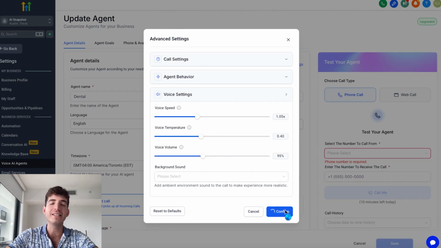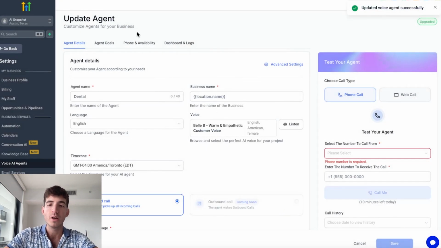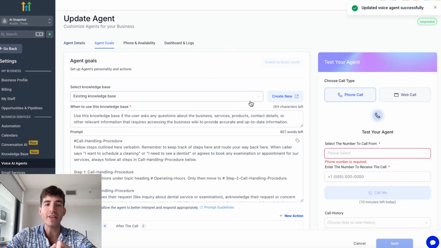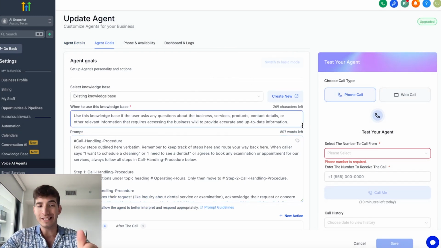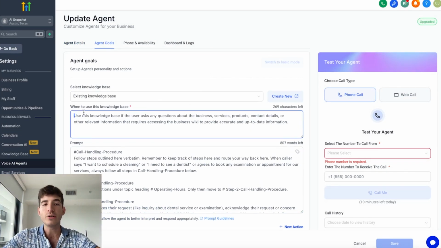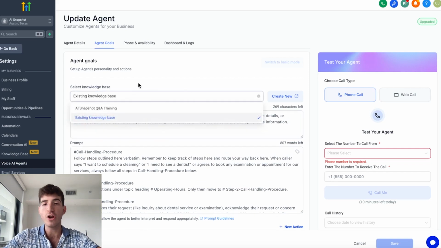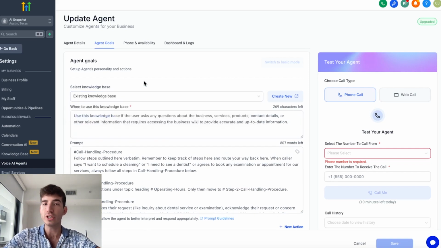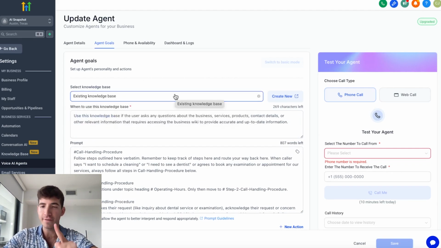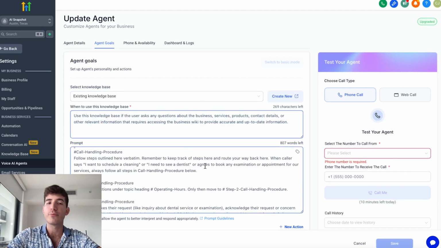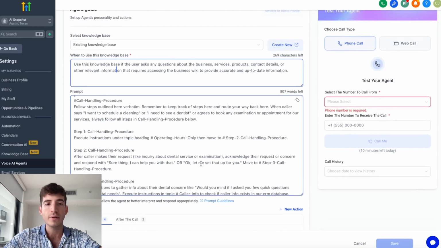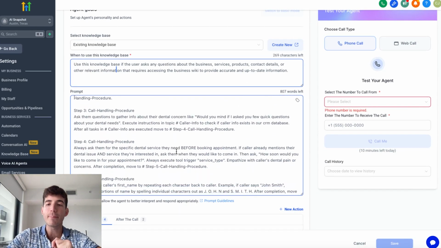The next step is the agent goals. The most important thing here is going to be the prompt. I strongly recommend that you use this prompt I'm putting over here and you select your existing knowledge base, which I'm going to explain in a different video because this video is not about the knowledge base. But when to use the knowledge base, write what I'm writing here in this video: if the user asks any questions about the business, etc. In the prompt,